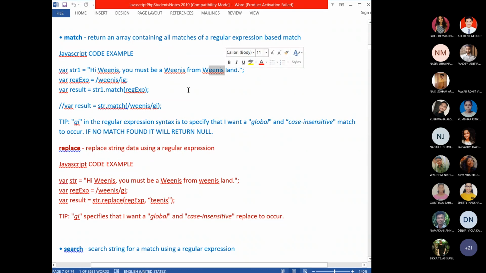Because after you have given I, you are saying perform a case insensitive search, so it just ignores the case. It will find only the words, whether the same characters are there or not. So you will get these three words returned in a single array.